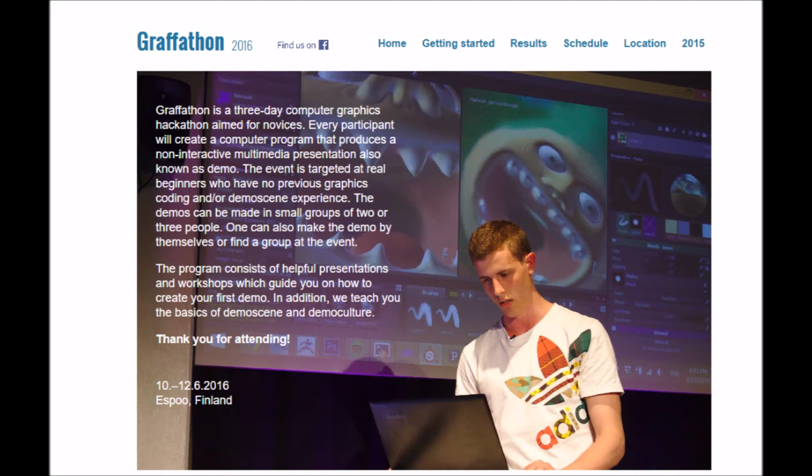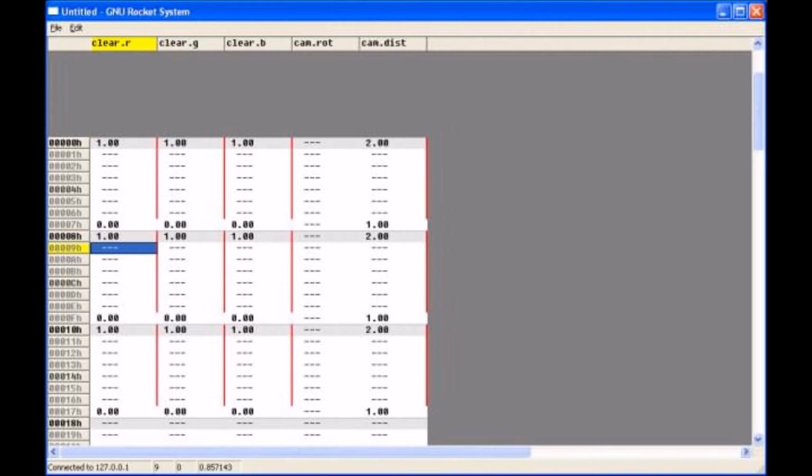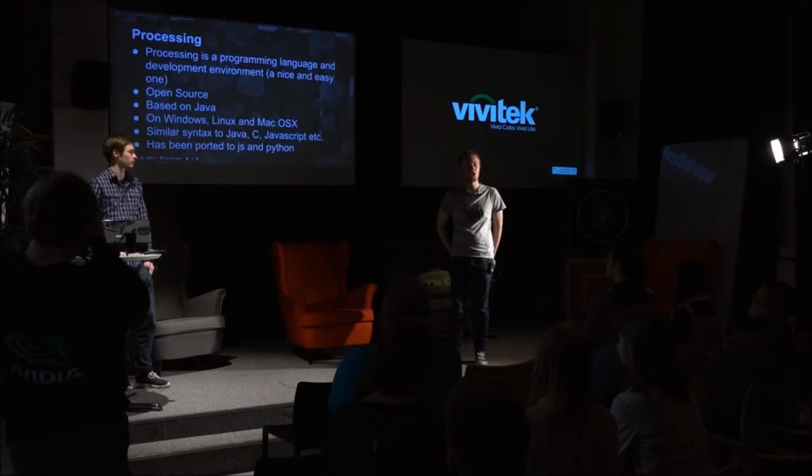So, for example, there's this demo jam or Demoscene party called Graffathon held in Espoo, Finland, and they tend to recommend using Processing and GNU Rocket for your first demo, because with GNU Rocket you can almost immediately start doing scenes and tweaking stuff much easier than by writing all the parameters into the code. It also helps that Processing is very easy to write, and they have, I think, several seminars